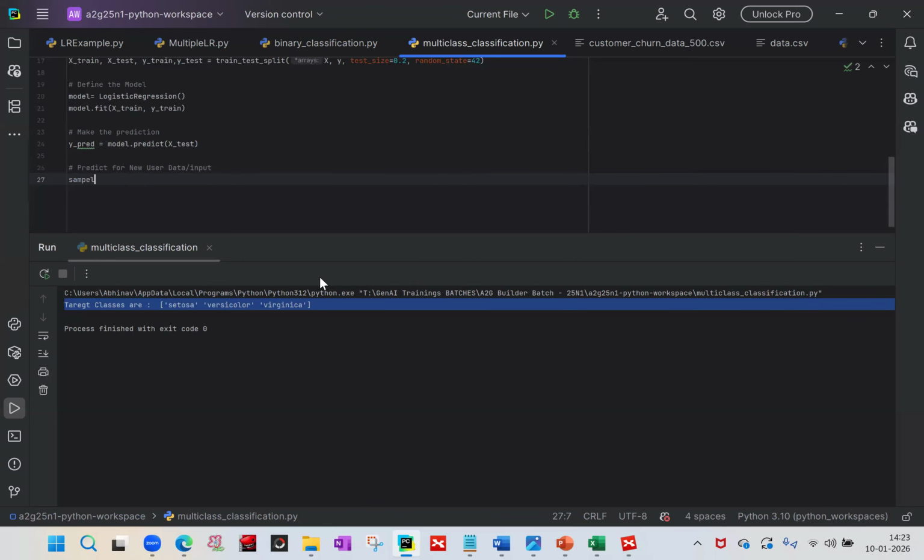Let's say sample I am giving, sample equal to 5.5, 3.7. So these are sepal length and sepal width in centimeters, and then petal length and petal width. So this is a random flower's sepal and petal dimensions I have given as a new input. Now I'll convert this input into a data frame first, right? So pd.DataFrame,